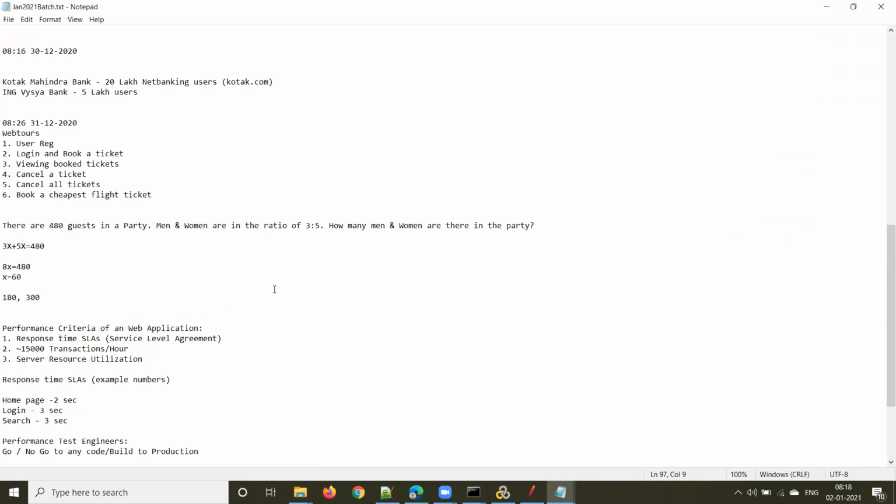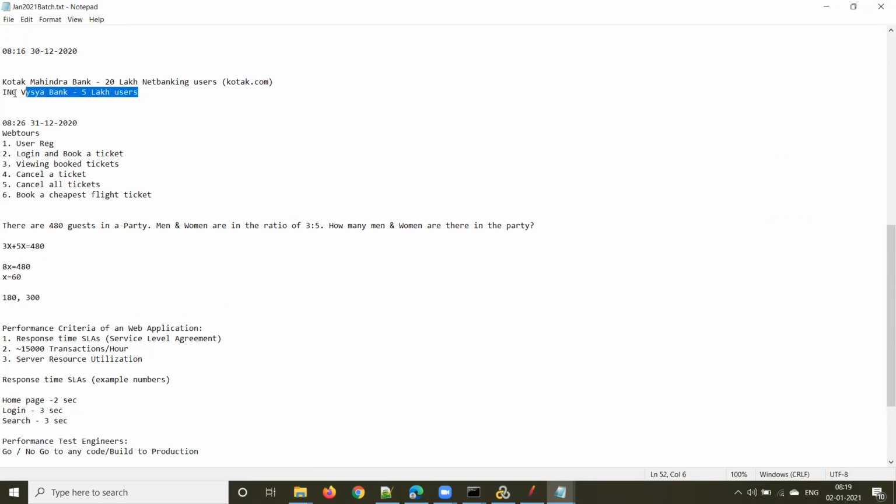So when Kotak Mahindra Bank, I gave this example, right? In 2019, Kotak Mahindra Bank acquired ING Vysya Bank, right? Let's assume that Kotak Mahindra Bank had some 20 lakh net banking users previously who are using Kotak.com,